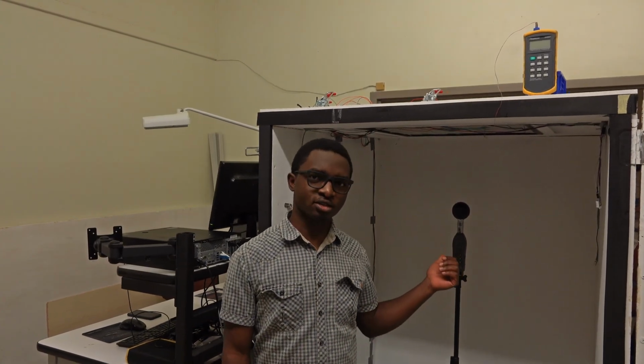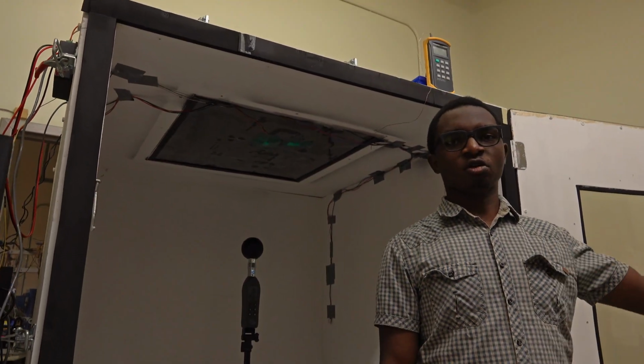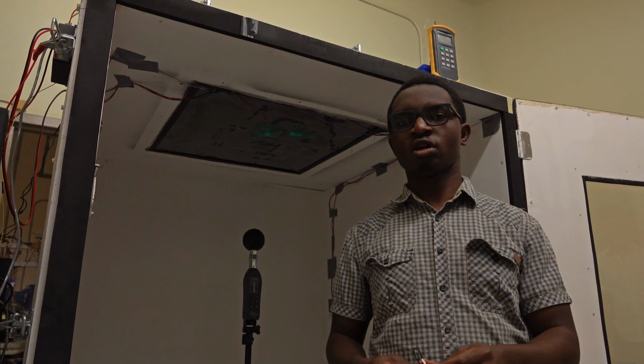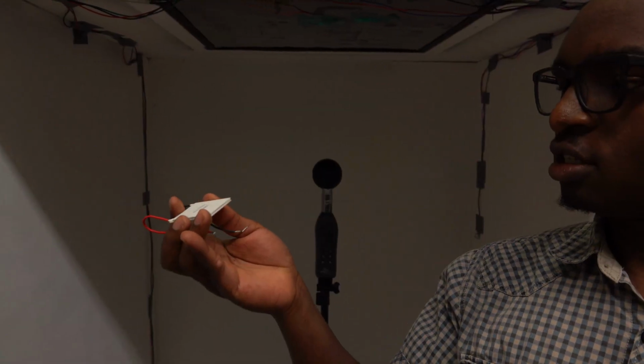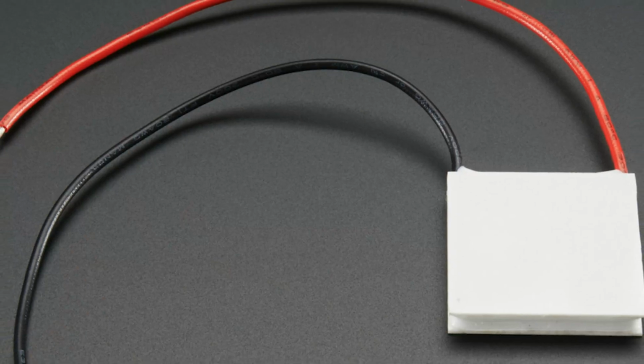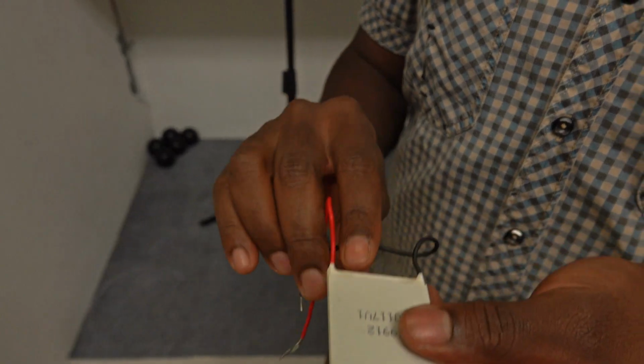I have a question for you. What if we can cool buildings with just a solid state, without the use of the traditional cooling systems that use refrigerants and compressors and heavy equipment? What if we can just cool a building with the use of just a thermoelectric cooler? This is a very small solid state tool that was developed to be able to cool buildings